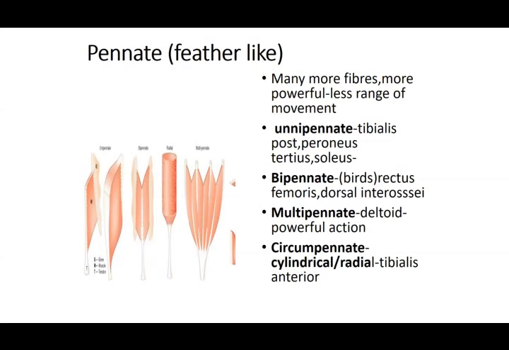So these are said to have a quick activity, and they have more strength and many more fibers, more powerful, less range of movement. So it is a quick and strong movement where you have these pinnate muscles. So your fingers have these multipinnate, unipinnate and bipinnate muscles, where you have your small muscles, these interossei muscles of the hand and the feet. So that is why they produce powerful movements for the grip and all that. So there you have these pinnate muscles. And these are because the birds are going to fly long distances, and that is why what gives them the strength is the presence of this bipinnate arrangement of the muscles.